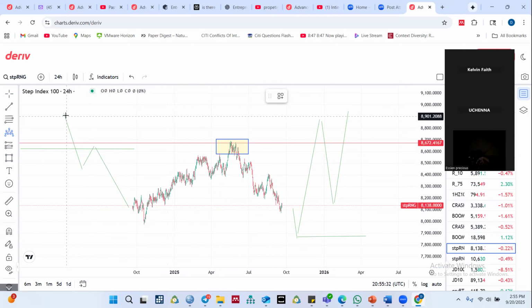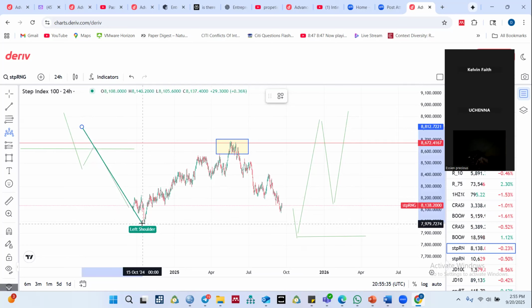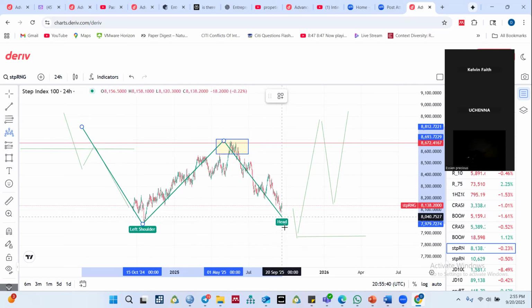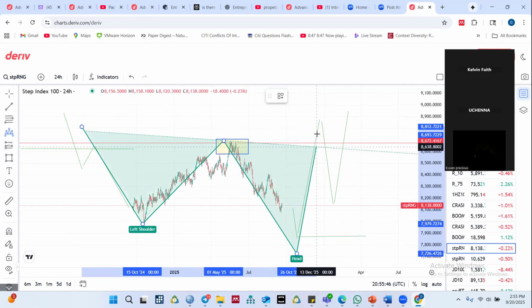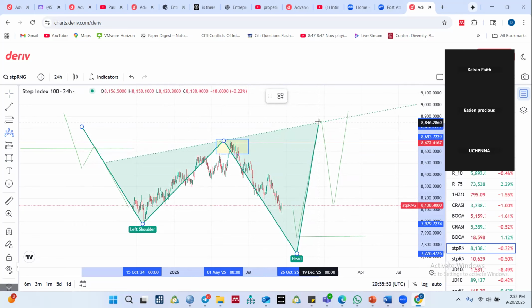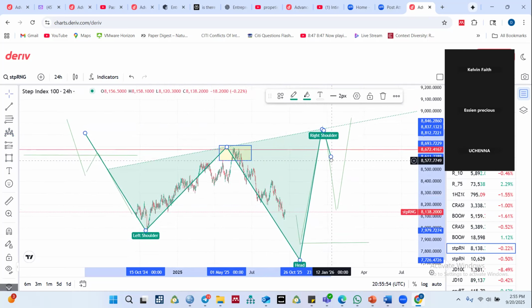Price comes from the upside and gives us a left shoulder, then a neck, sorry, a head. Then it moves all the way to break or test a neckline here, or break it. Then we expect price to